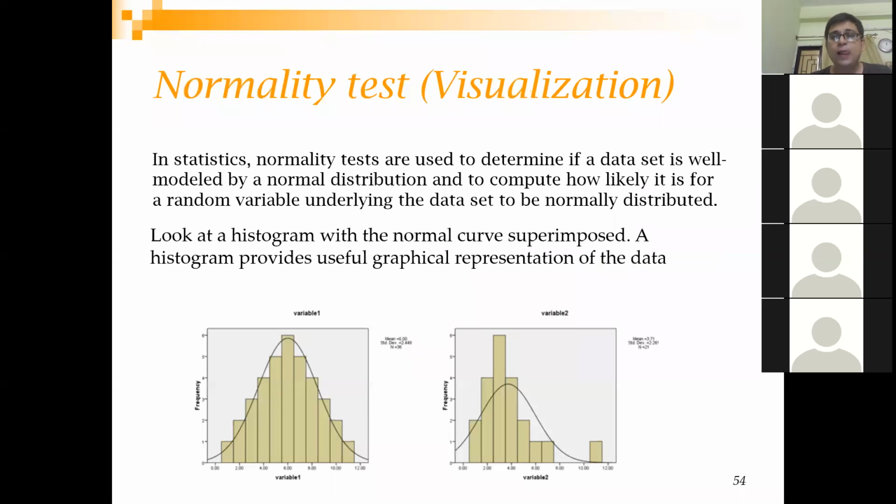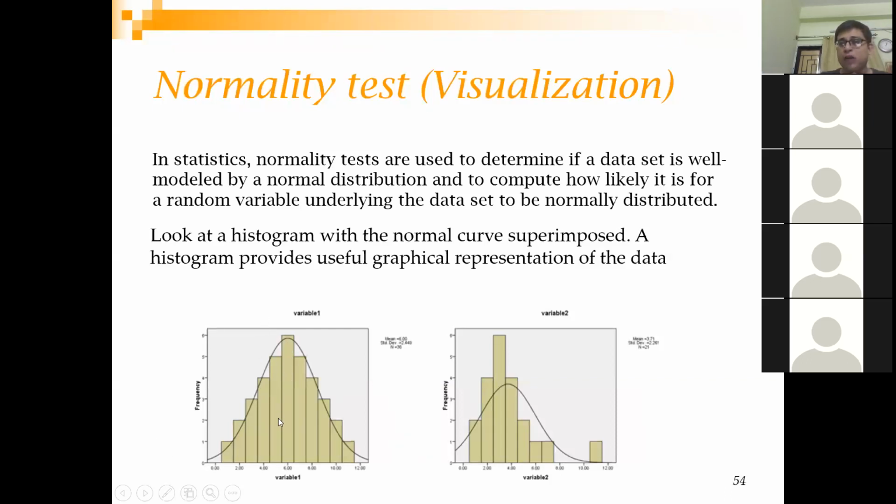Let's proceed. Now we are going to discuss the normality test. As I said, this is very important: you want to understand whether your distribution comes from a normal distribution or not. This is a very, very important property that you want to find out. The first thing that you are going to do is visualize in different manners. A normal distribution will have a bell shape like this.